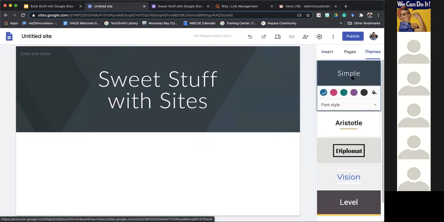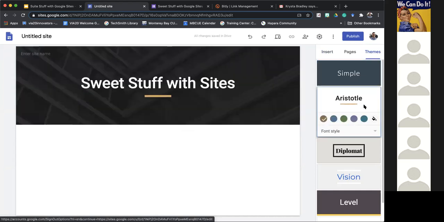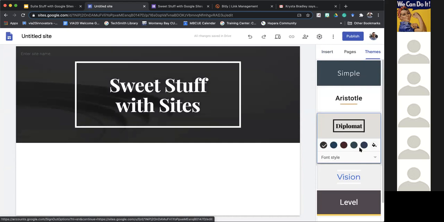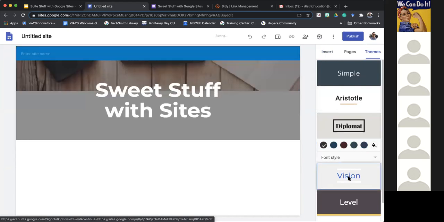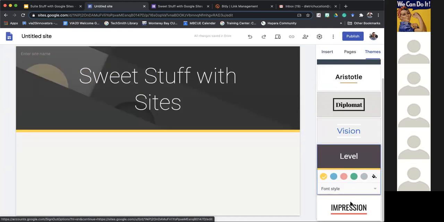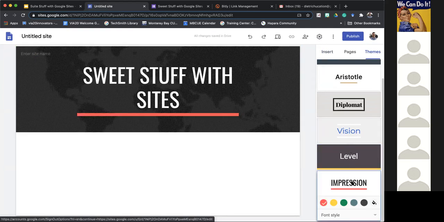So right now it's defaulted to simple. But if you look on the screen, this is what Aristotle looks like. Here's Diplomat, and if you notice, it's changing the backgrounds with it too, along with the different fonts. Here's Vision, that one's actually kind of cool. Level and Impression. So what I'm gonna do is I'm gonna stick with this last one for a second,